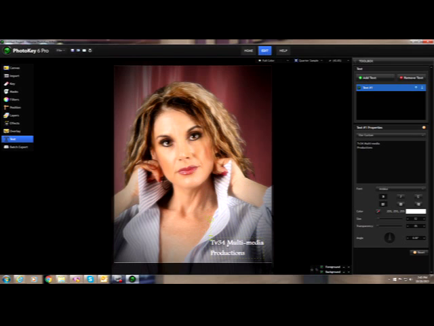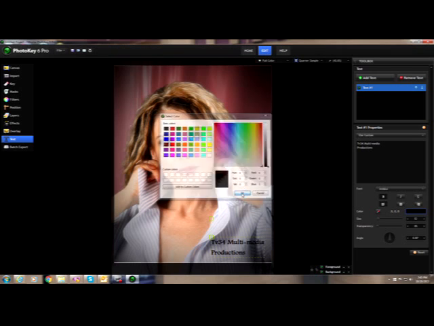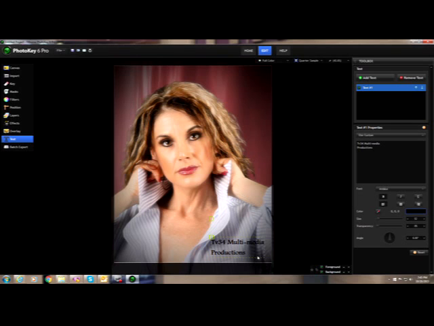I want to keep that same color. I can do it. If I want to change the color, I just go over here to the color picker and just change it to whatever color you want. If I want to change it to black, I can change it to black, and there you have it, TV 34 Multimedia Productions. Also, if I want to center the text, just click on the center button, it centers it. I can move it back over to the corner again. We're all set,